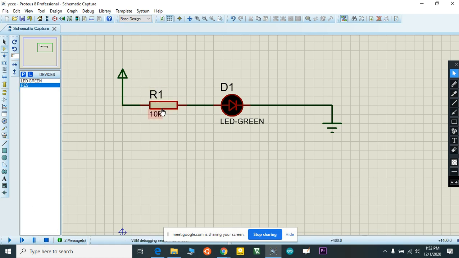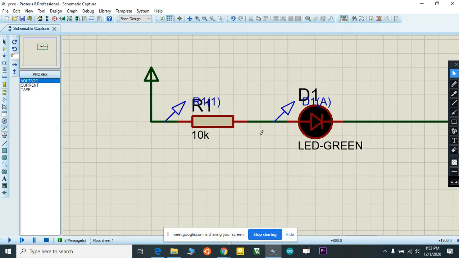I can calculate the current and voltage through this wire connection. Here you can see this probe mode, voltage and current. So I just connect my voltage here, then my voltage here. Okay. In the toolbar you can see a probe mode icon. Once you click, you can select which you want, voltage or current. So I just select voltage. I start my simulation.